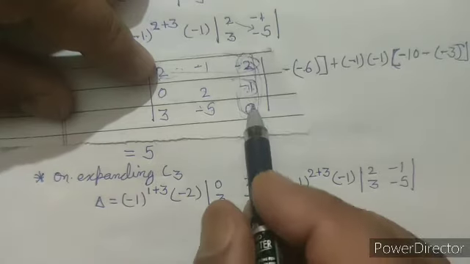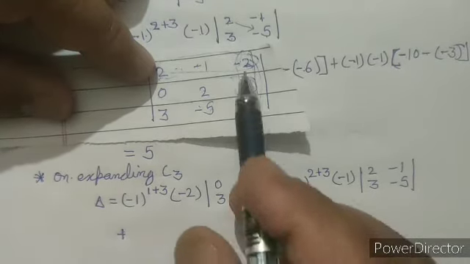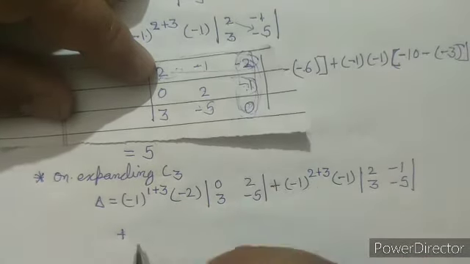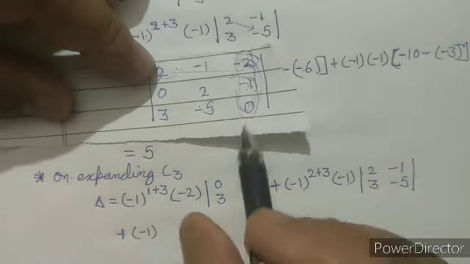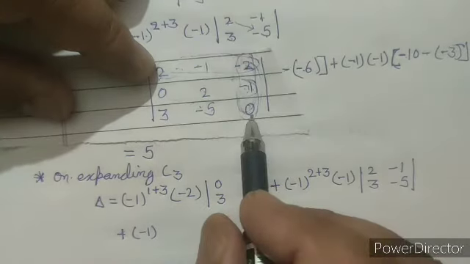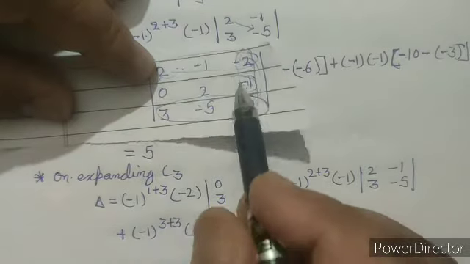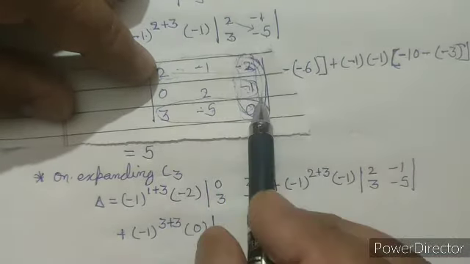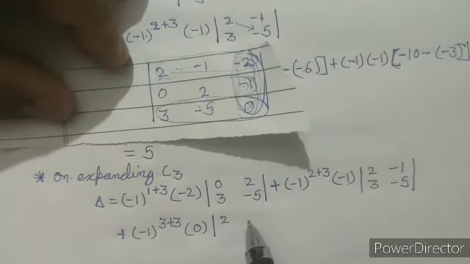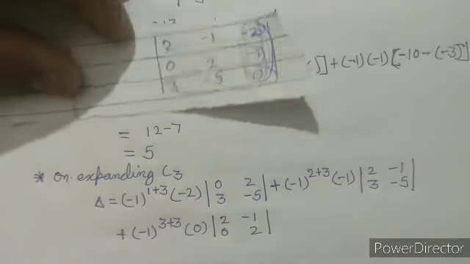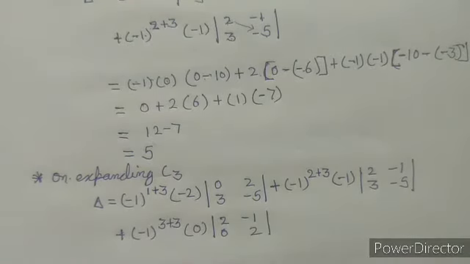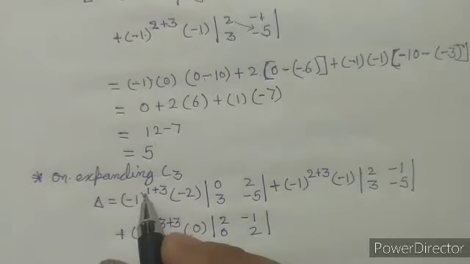Now the last element of column 3 is 0, and this will be minus 1. Now this 0 is of row 3 and column 3, so this will be 3 plus 3 into 0 times the determinant of, now again we will eliminate the row and column of the 0, and that will give us 2 minus 1, 0, 2. Now this will be minus 1 raised to power 4, which gives us plus 1, into